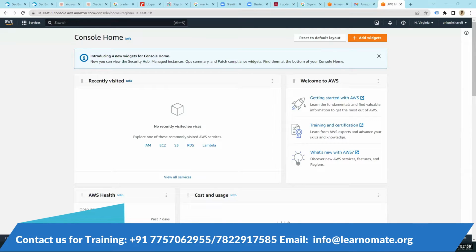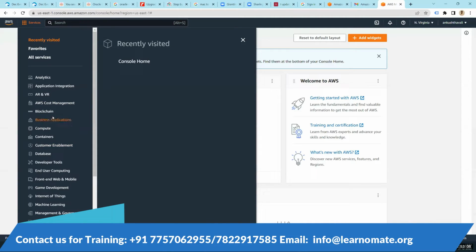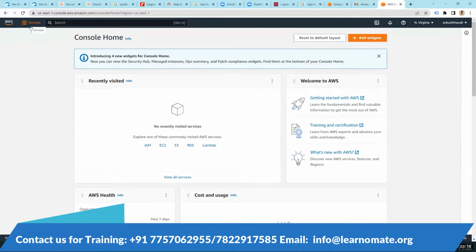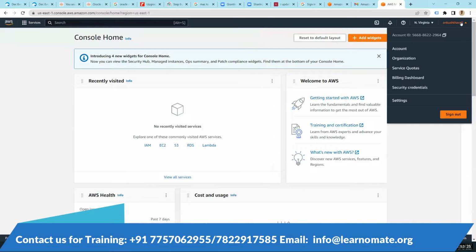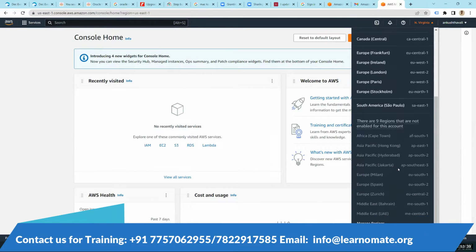I got this page. I am able to log in here. I think if we click on services, we can see that now, right? Exactly. So you click on these; these are not the services, these are the service types, I would say. So it's a collection of, like, analytics, where you have different services in analytics. If you go to compute, you'll have different services in compute, something like that. And if you see the top right, you see the name of the account holder, or who you're logged in as. It might be logged in using a root account or IAM or a user account, and you see the region there. You can see in which region you are now logged in. You can change to any region you want based on your use case.